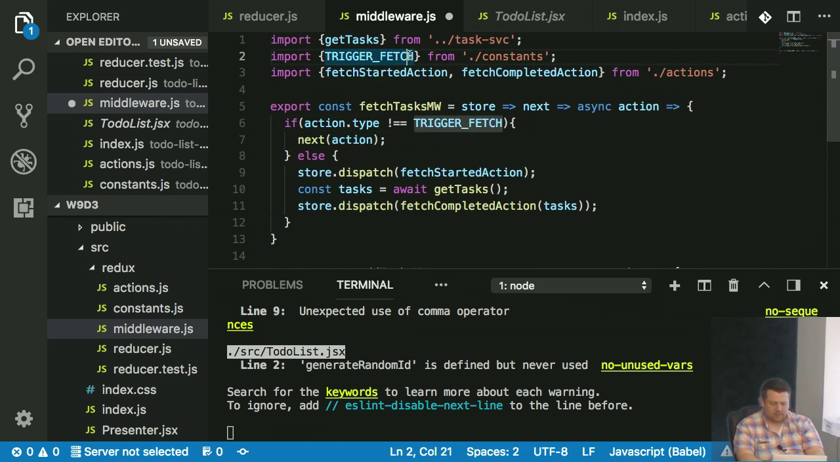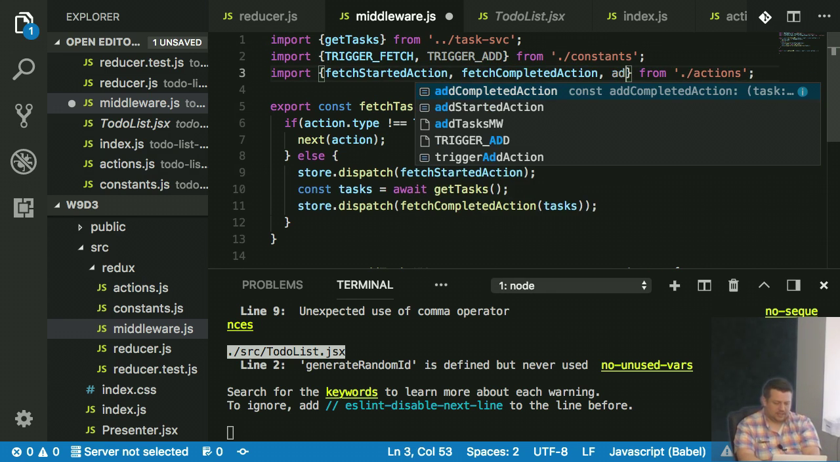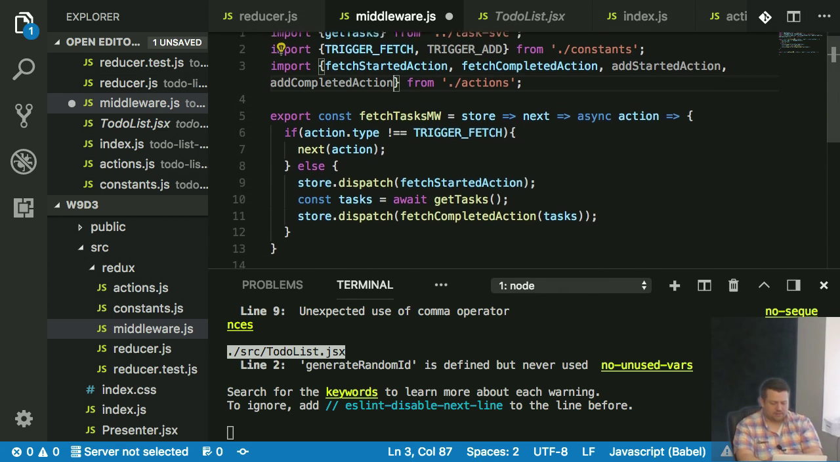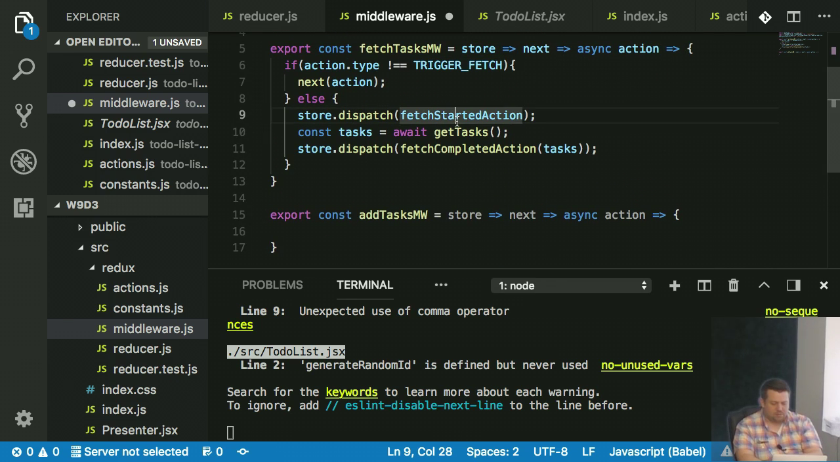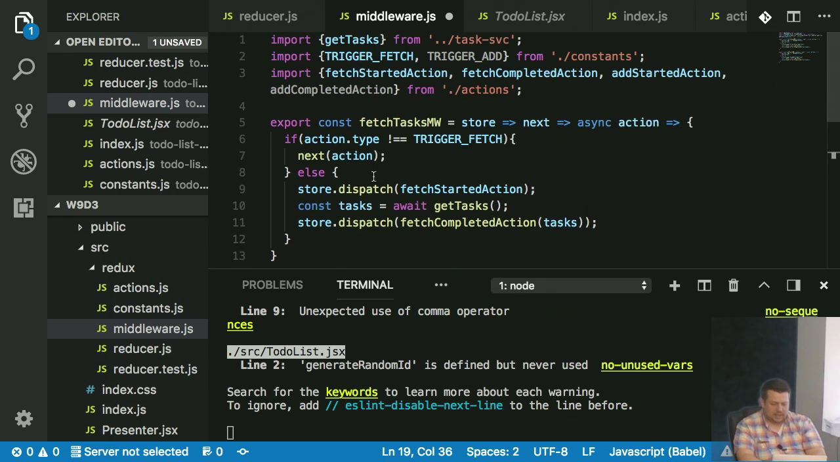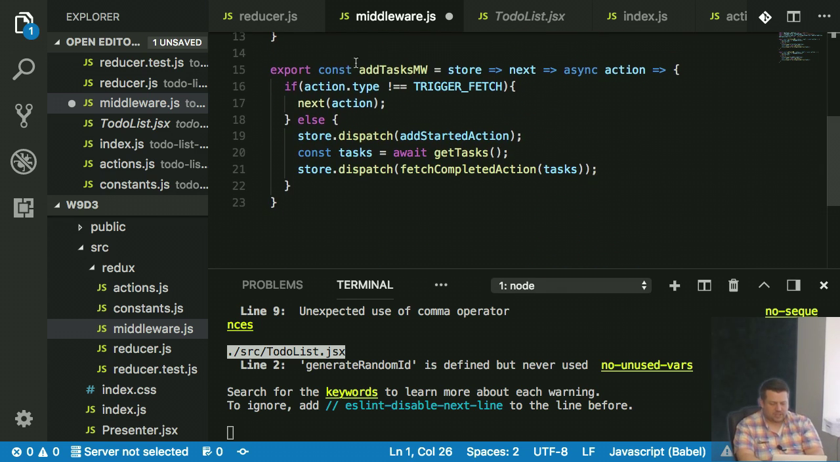I'm going to grab trigger add, and I'm going to add started action, add completed action. And I'm going to do much the same thing here. Store.dispatch, add started action. I'm going to grab the add task function here, const new task